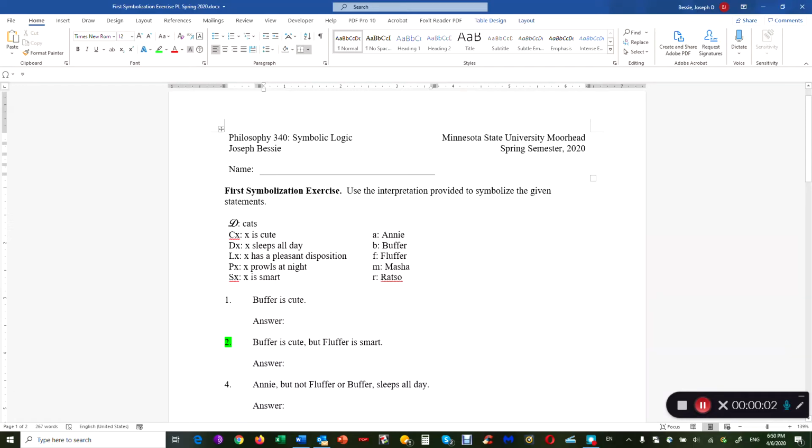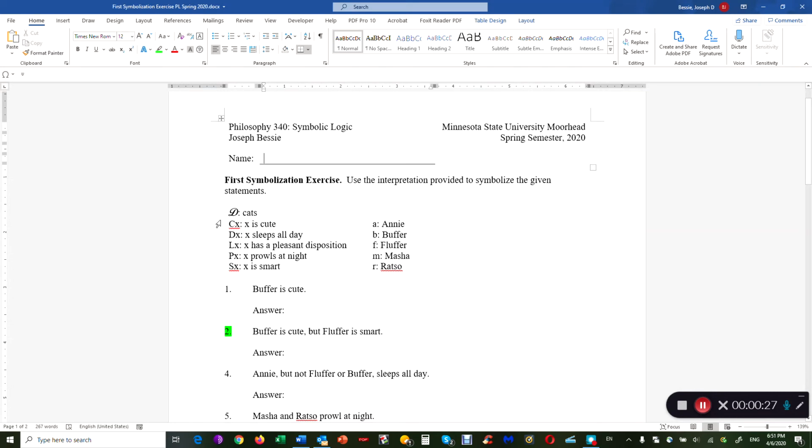In this video, I'm going to go through some examples of symbolization in predicate logic. These are drawn from a homework assignment that I'm going to be posting after I do this video. They're taken from the book, from chapter 5, and they involve one-place predicates. One-place predicates, as you can see in the statement key here, the informal interpretation, have predicate symbols, like the letter